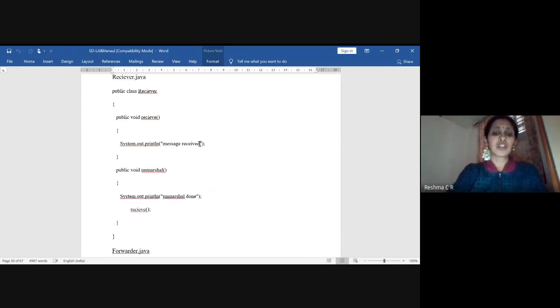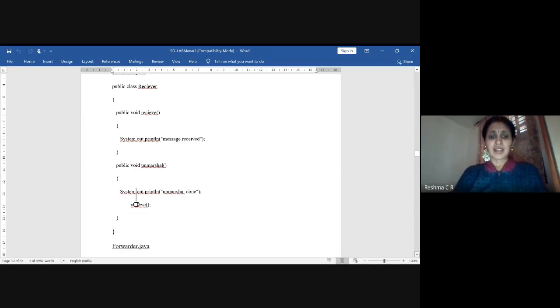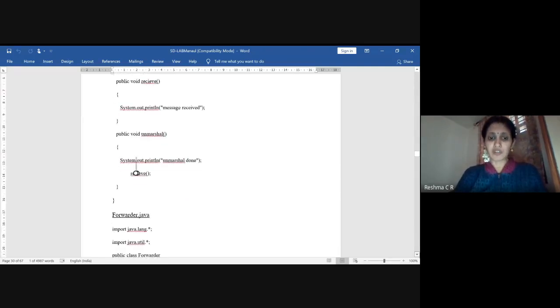So it will unmarshal and open the message. That is, it will invoke the constructor in the receiver class.